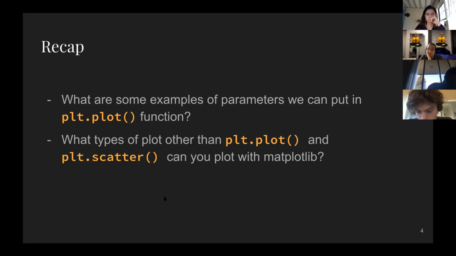And then other types of plots, there's error bar plots like plt.errorbar that you can include the error bars on. You can do a plt.hist histogram. You could do imshow to give you the 3D plot or the multivariable plot, and so on. So there's several different options there. And there's many more, polar graphs and stuff like that. But those are the main ones that I know and I use on a regular basis.